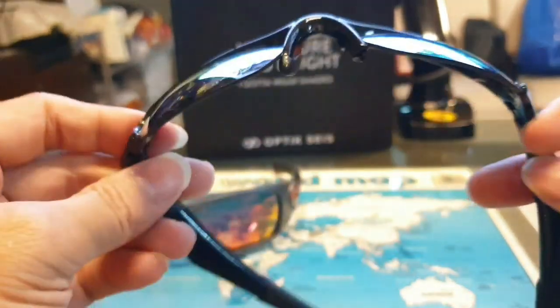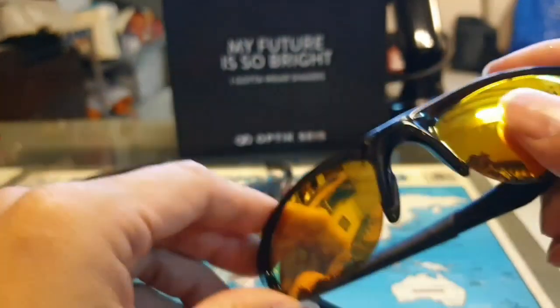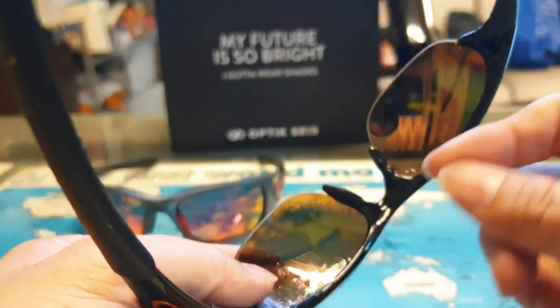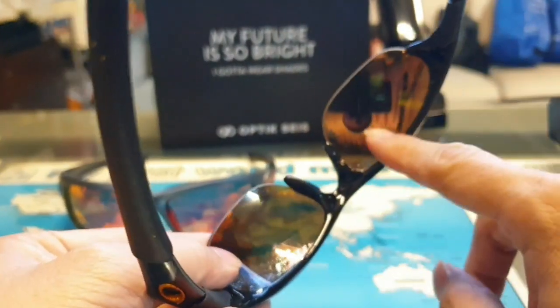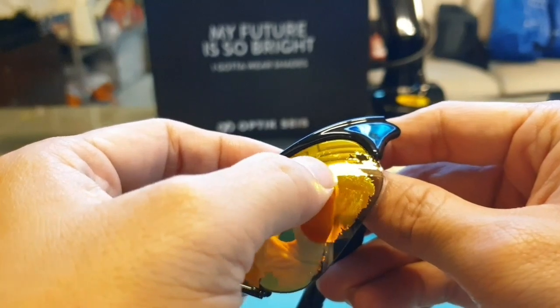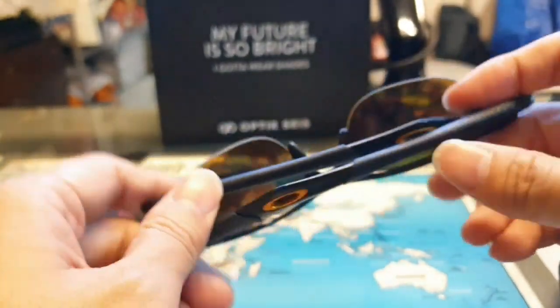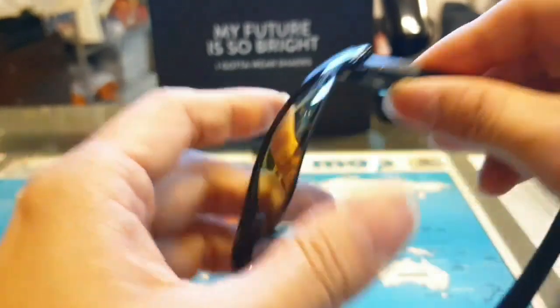for UV protection, and they don't scratch easily. This one is just dirty, and if you put it in the sun and it heats up, the film will peel off little by little. I made a mistake. I put it in my car, and then the film peeled off. But this is the greatest if you are in the sun, and if you play basketball you can wear this. One day this one fell off when I played basketball, but I could stick it back on, so this is great